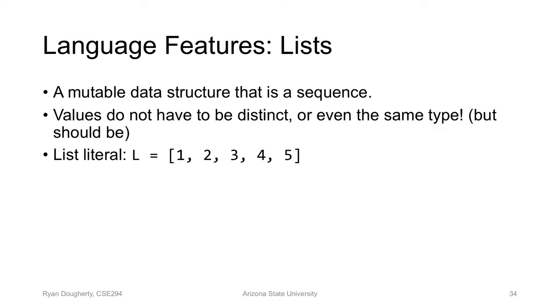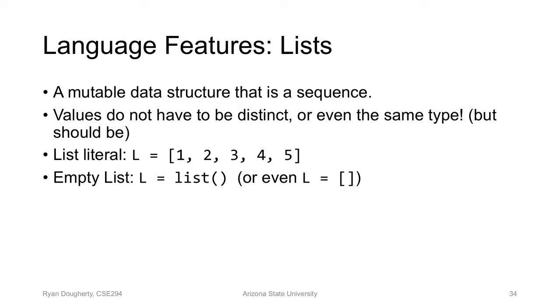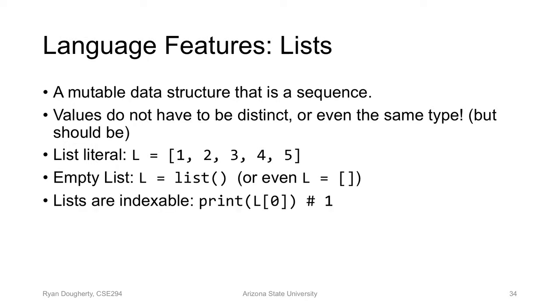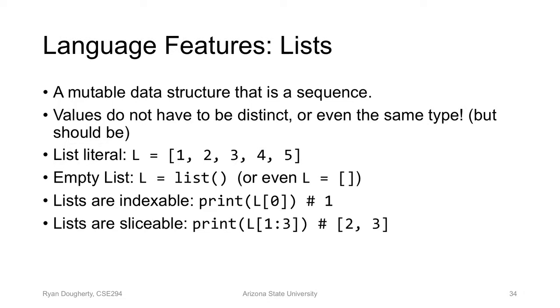So the way you write a list in Python explicitly is just using square brackets like you do in Java with comma separated values. But another way is calling the actual list constructor. So you just call list just like that, or you can specify an empty list with nothing inside the square brackets. It's exactly the same thing. Indexable, so we can index just like we can with strings. They're sliceable in the same way that